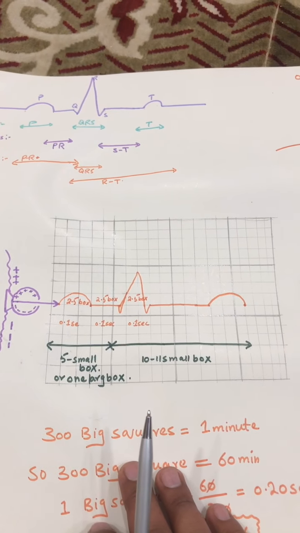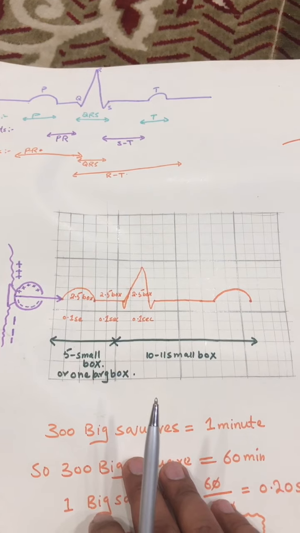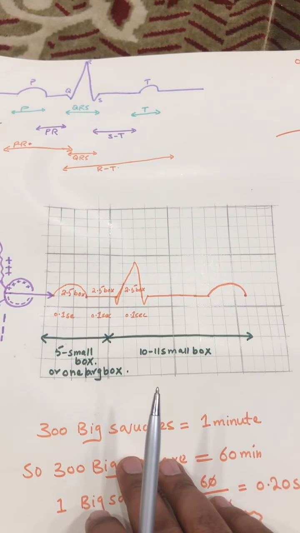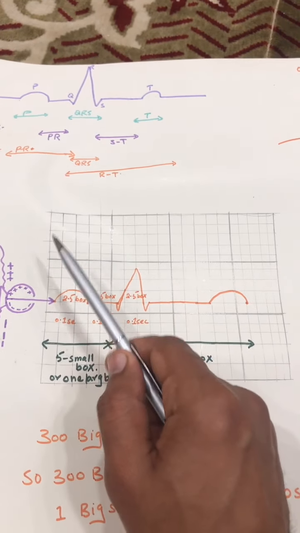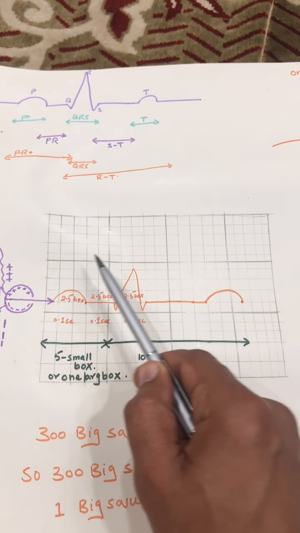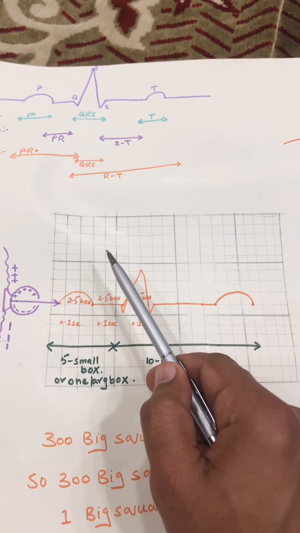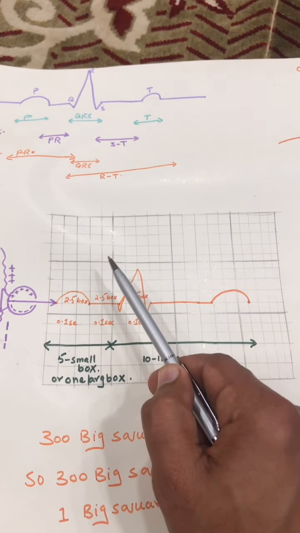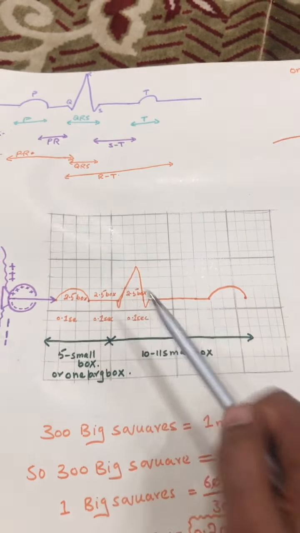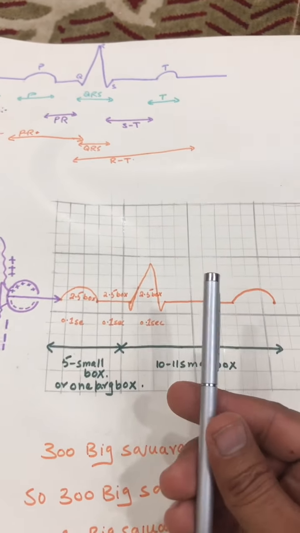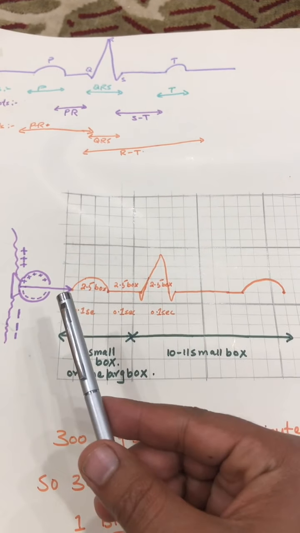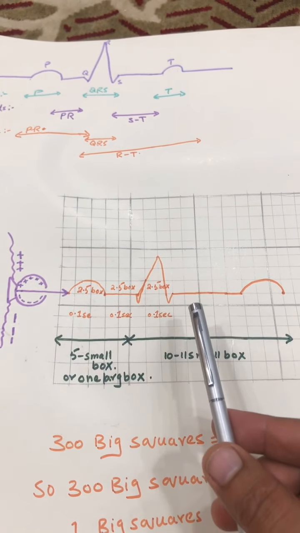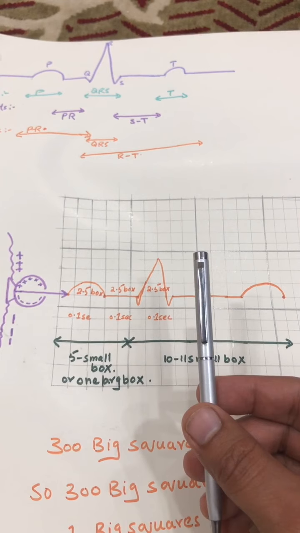Now let's discuss the graphical representation of the ECG. Normally, you are going to find two kinds of boxes in the ECG. One, large boxes. This is a large box. And inside that large box, you are going to find 5 small boxes vertically and horizontally. Horizontally we take the time, and vertically we measure the ECG with the help of millivolts,